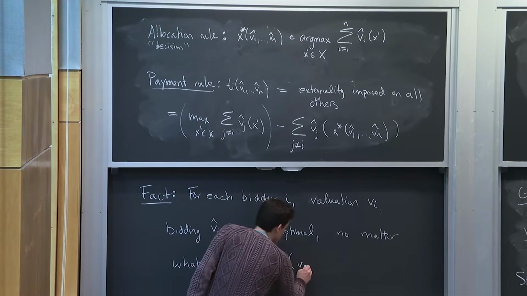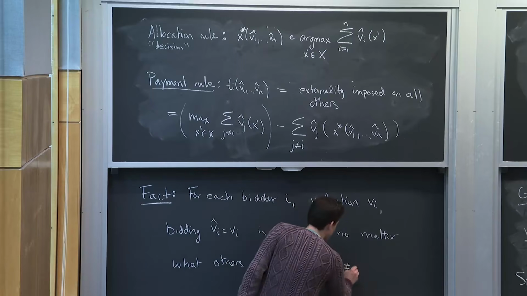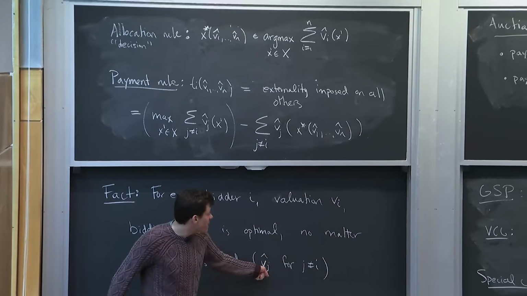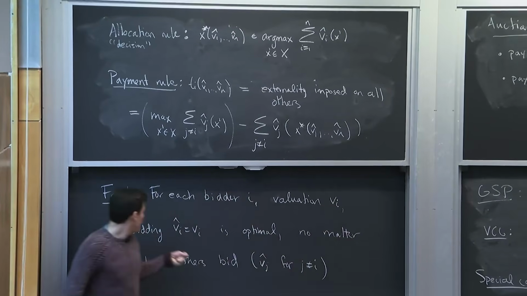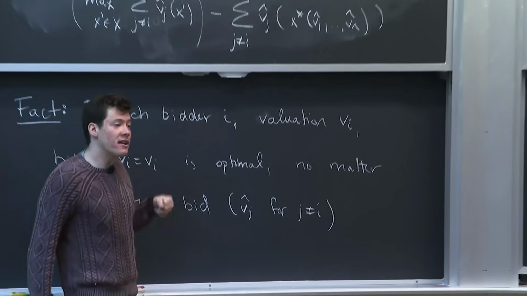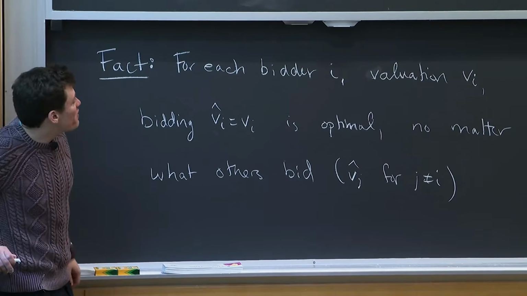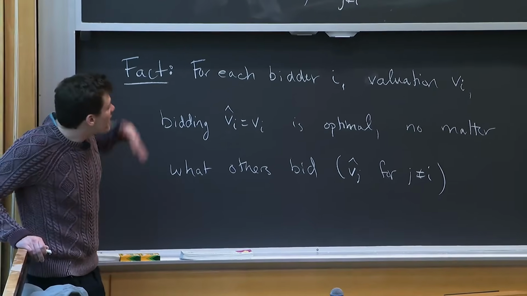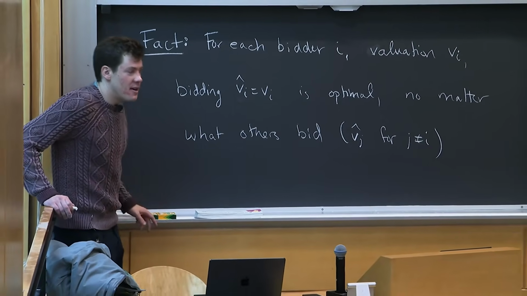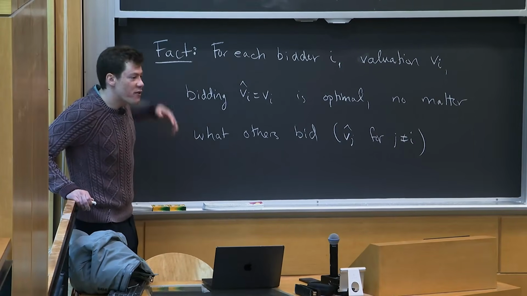And when I say no matter what others bid, well, that's basically the j hat for j not equal to i. So whatever everyone else, other than me, reports to the mechanism, if my true value is vi, reporting my true value vi is going to be best for me. It's going to be weakly better than any other bid. And this is sort of an incredible property of the VCG mechanism. The proof is like 3 lines, but it's a little dense, so I encourage you to check the notes to see the proof. And maybe I'll stop here a few minutes early, and I'm happy to stick around to go over any questions people have about